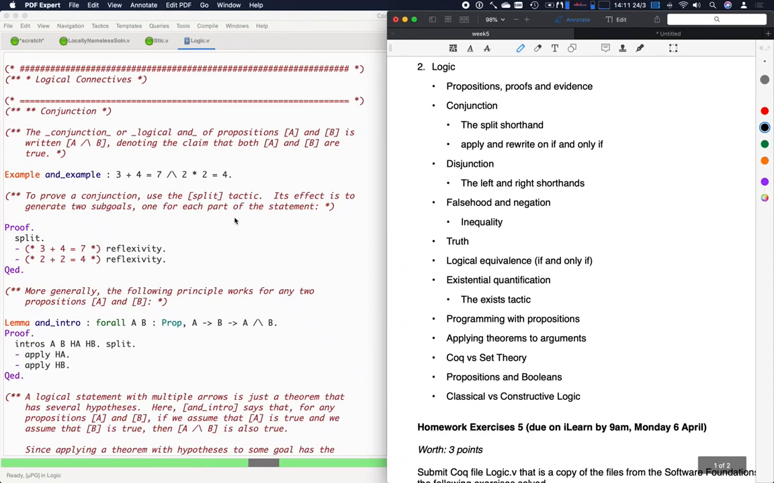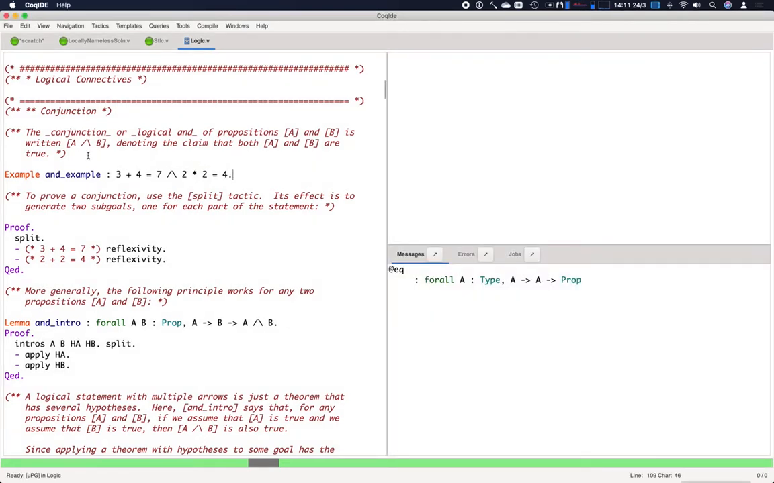Logical connectives. So this is conjunction and disjunction. Conjunction is the "and", so it's written like this. The operator is the two slashes, a forward slash and a backslash in the simplest notation. So the idea is a proposition A and B claims that both the proposition A and the proposition B are true. So we can write one like this that claims that 3 plus 4 equals 7 and 2 times 2